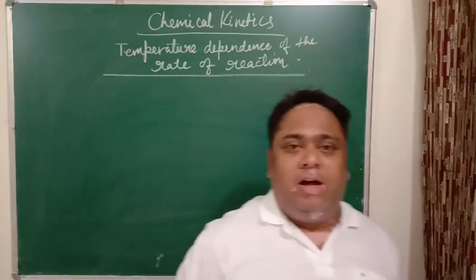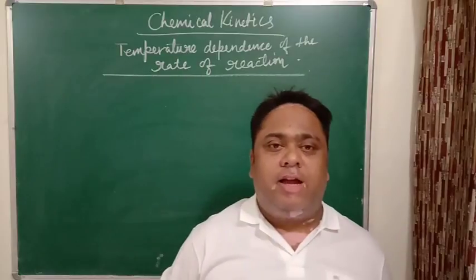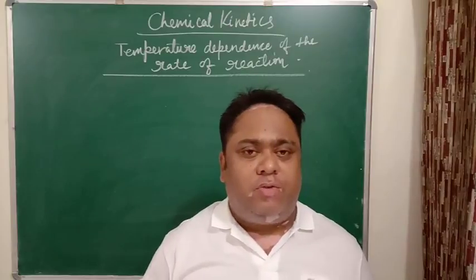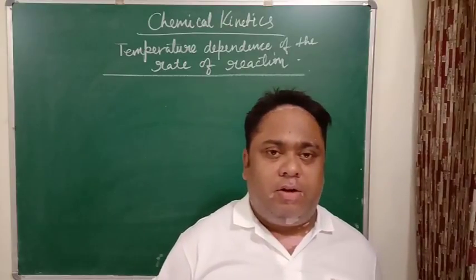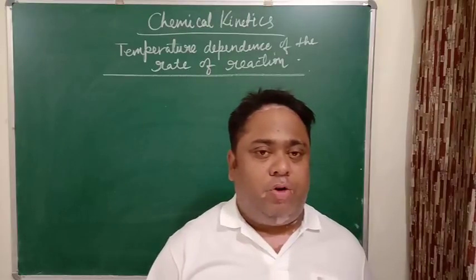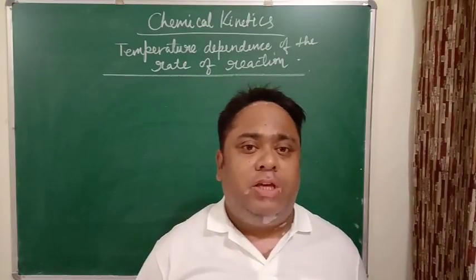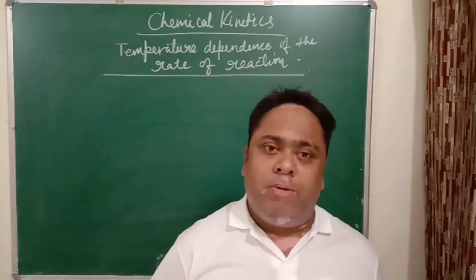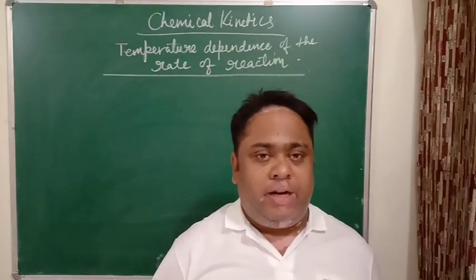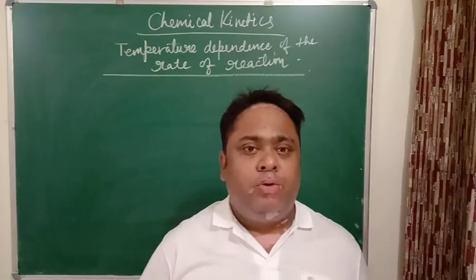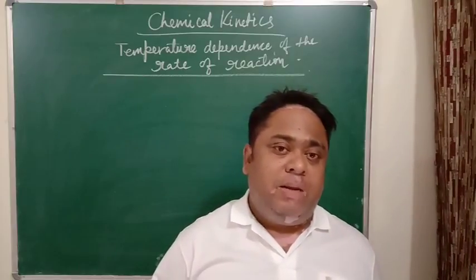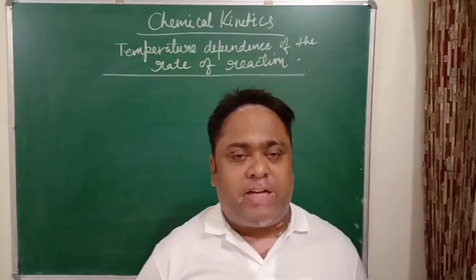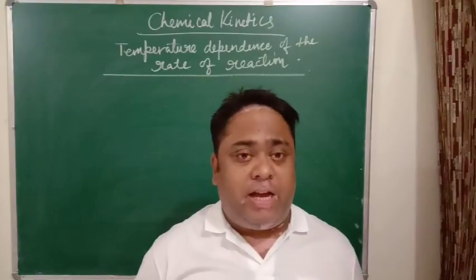Good morning, students. After having discussed the introductory part of chemical kinetics, the speed of the reaction, instantaneous rate of reaction, average rate of reaction, integrated rate of reaction for zero order reaction and for first order reaction, after finding out the differences between the order of reaction and the molecularity of reaction, and after solving the problems based on half-life time and the rate constant and time period of the reaction, we will now see how the rate constant depends upon the temperature of the reaction system, or the surroundings in which the reaction takes place.